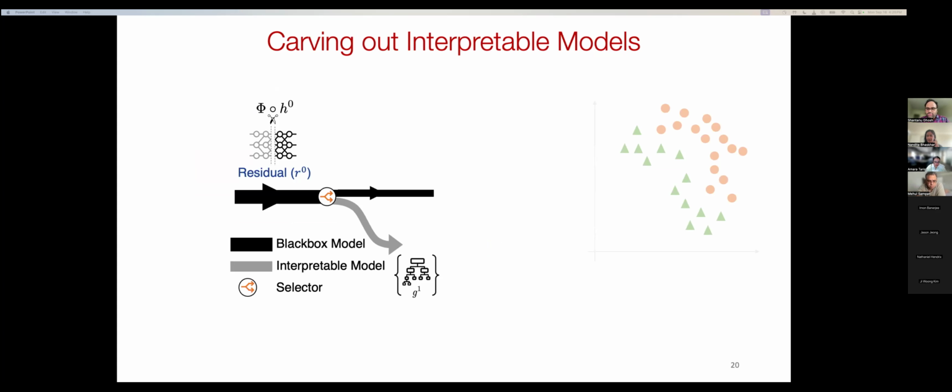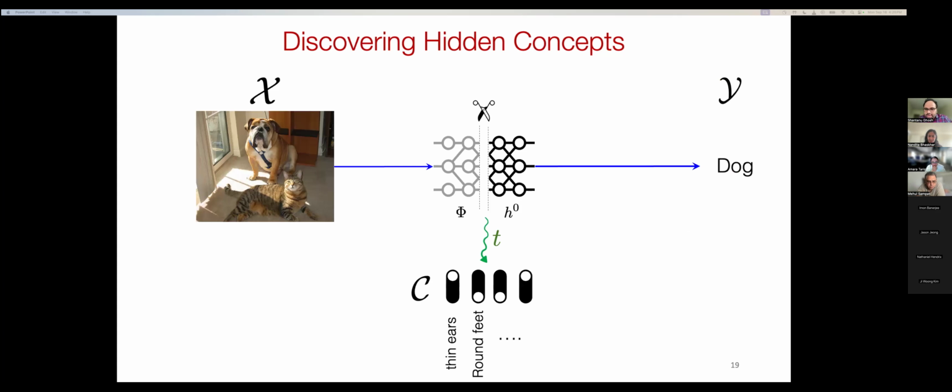Okay. I have a question actually. Yes, go ahead. When you're learning the concept using the projector here, it's always in a supervised setup. So you assume that you have labels for these concepts, or can there be situations where this is